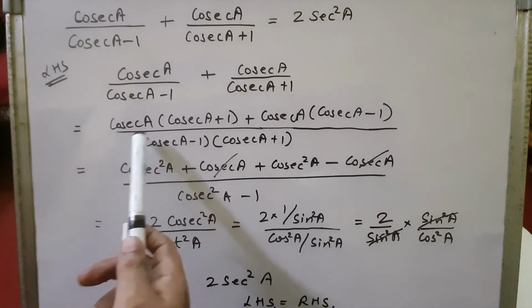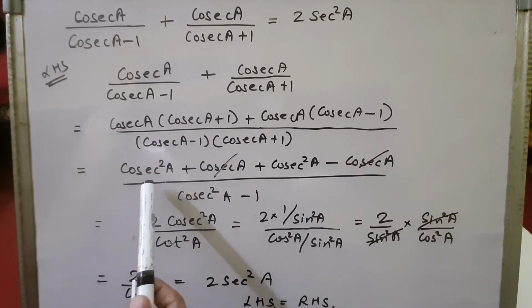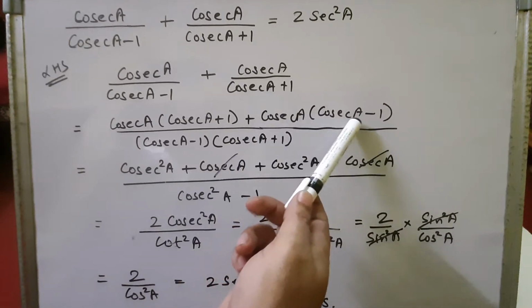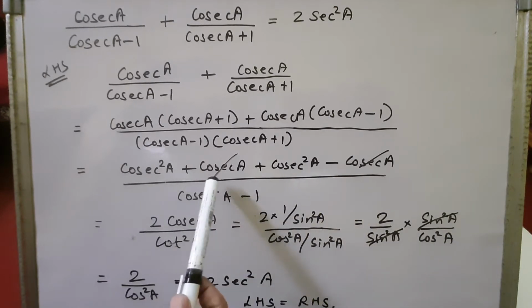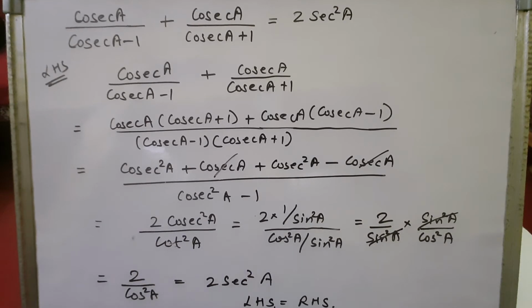When we solve the numerator, what will we get? Cosec a into cosec a plus 1, that will be cosec square a plus cosec a. And when we multiply this cosec a into this bracket, what will we get? Cosec square a minus cosec a. So you can see that this plus cosec a and minus cosec a will get cancelled. So here cosec square a plus cosec square a will be 2 cosec square a upon